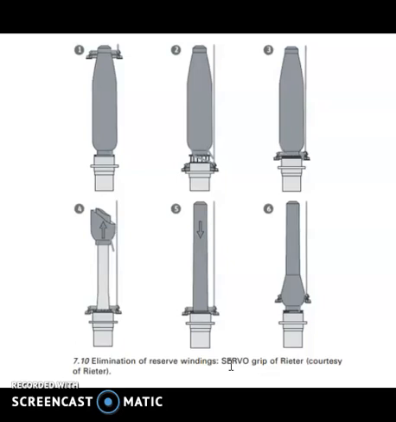The excess yarn must be removed manually or mechanically, and this portion of material is disposed of as hard waste. Furthermore, this leads to ends down, fly formation in the spinning area, and yarn quality deterioration. Therefore, the recent trend is to eliminate this reserve winding with the help of this servo grip. Now, a sequence of operations is shown in these diagrams,